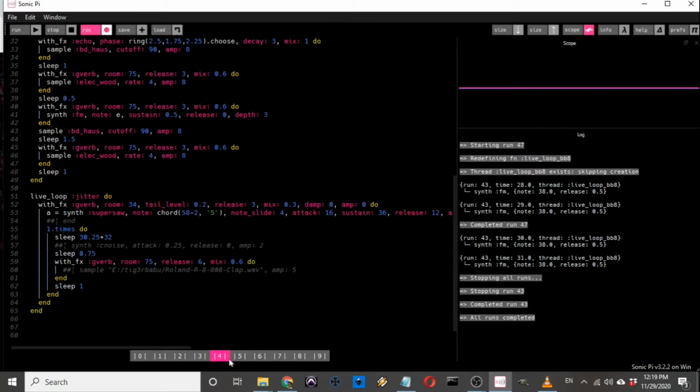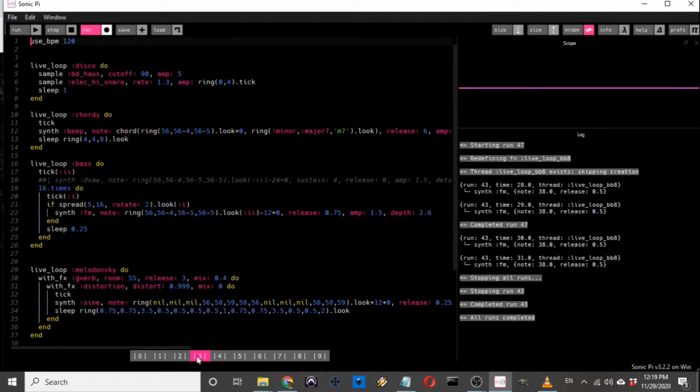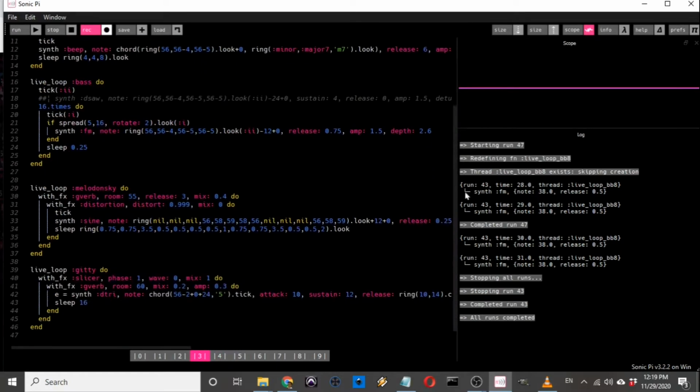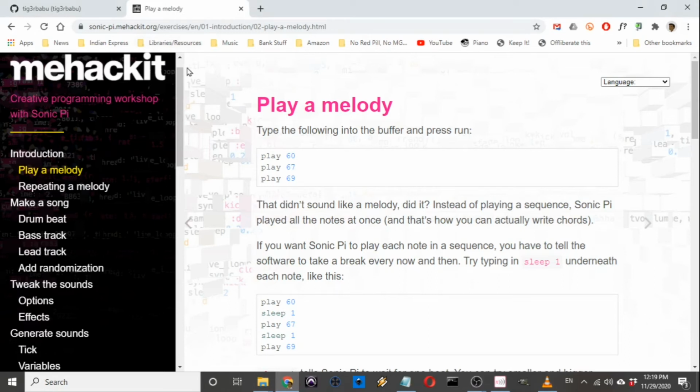This one is just about 66. Here it's 32. Here it's 65. Here it's 46, you know. So all my songs, just to keep it really simple and easy for me to manipulate, I avoid this play syntax like crazy. But I would seriously advocate for you using this workshop if you want to learn.